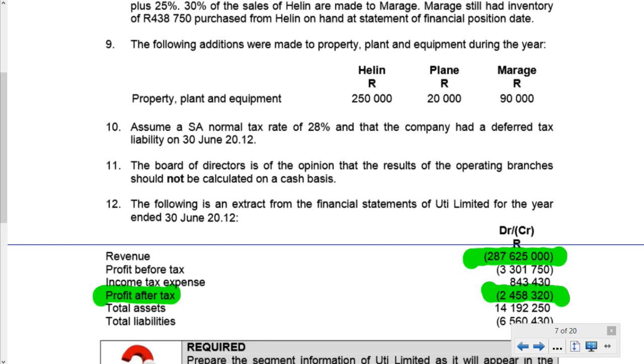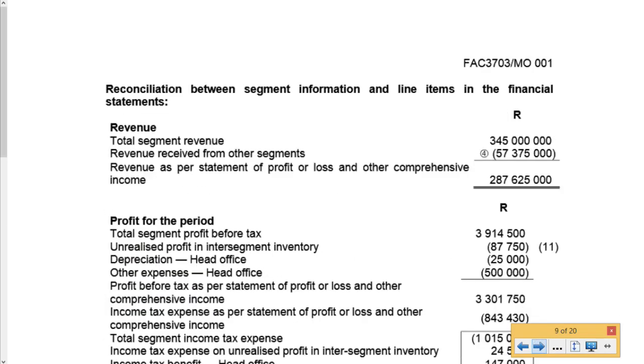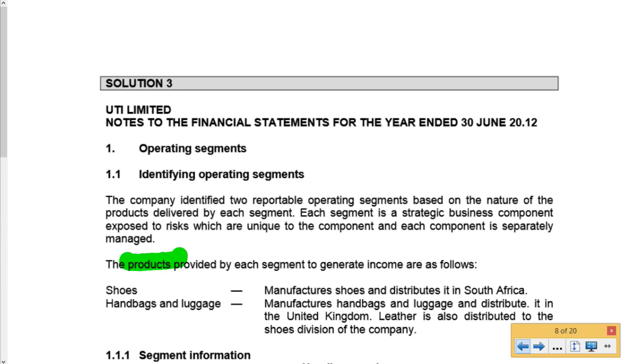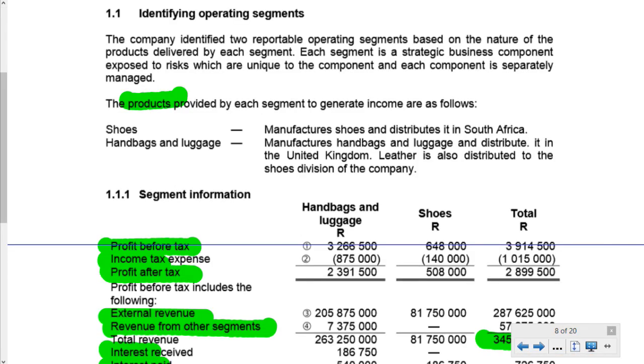2,458,320. Am I reading it wrong? That's right. So this is, on the financial statements of UTI, what they're saying is profit after tax: 2,458,320. But when I look at my segments, what do I show as segment profit after tax? It's a small number, isn't it? Or a completely different number. Segment information, profit after tax,